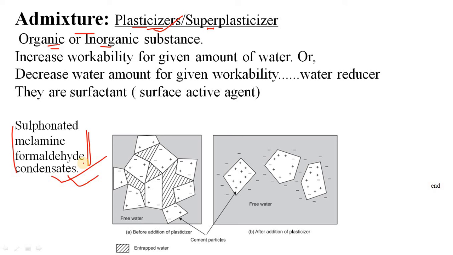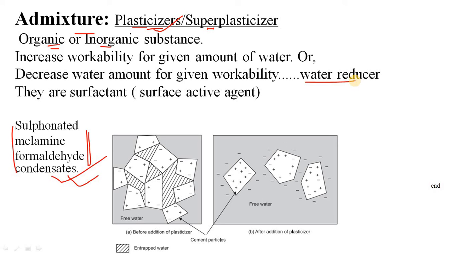Now, what is the function? Super plasticizer is simply known as water reducer. Whenever you are going to produce high strength concrete, say in the range of M60, M70, M80, in this range of concrete, you have to use as little water as possible. So obviously the workability of the green concrete is going to be very much stiffer, and again this M80 concrete needs to be placed, suppose, at the 15th floor of a building. So what will you do? You have to consider this strength also.